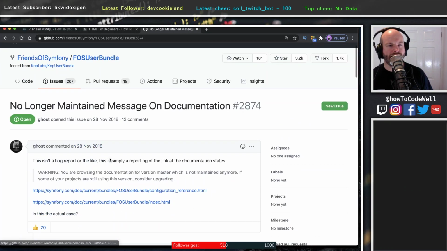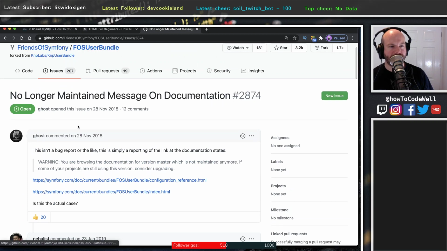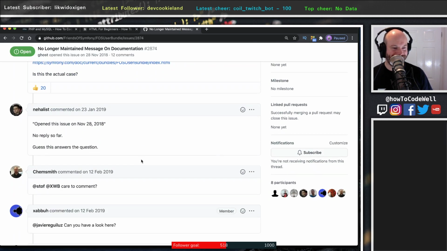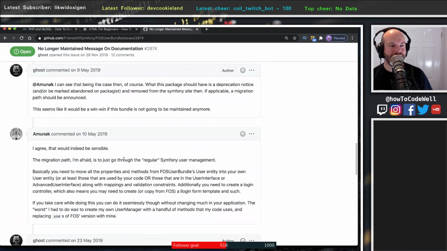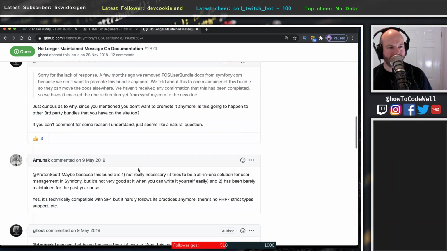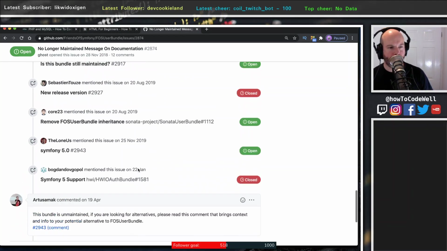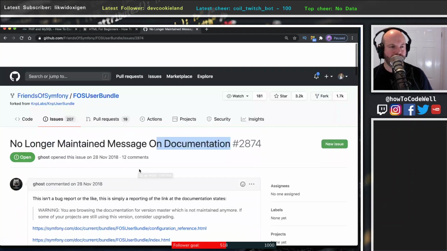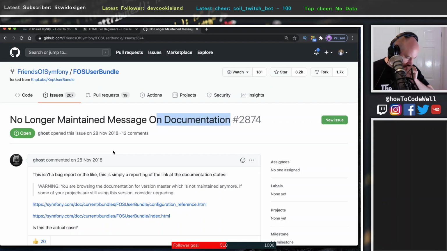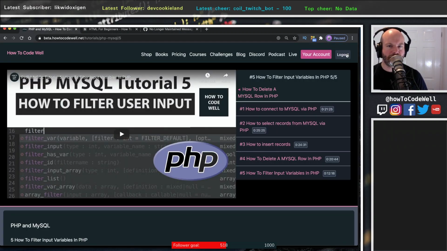So I clicked on here, and I discovered that it was no longer maintained, and this is actually an open PR to put the no longer maintained message on the actual documentation. And there were a couple of things in here, people were suggesting things like, maybe we can do this, maybe we can do that, and all of this stuff. But anyway, the fact that I discovered this a day before I pushed to beta, and having the ability to log in and log out, which is what FOSS user is all about,